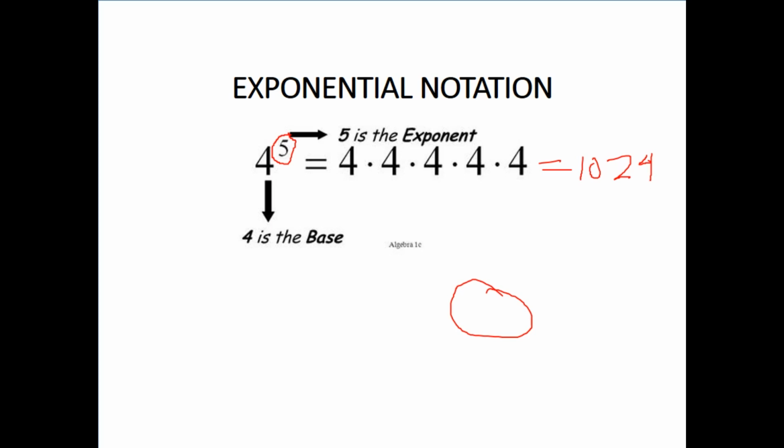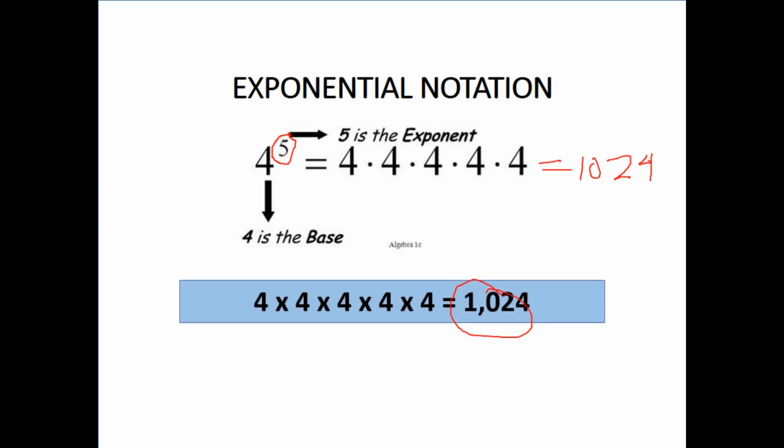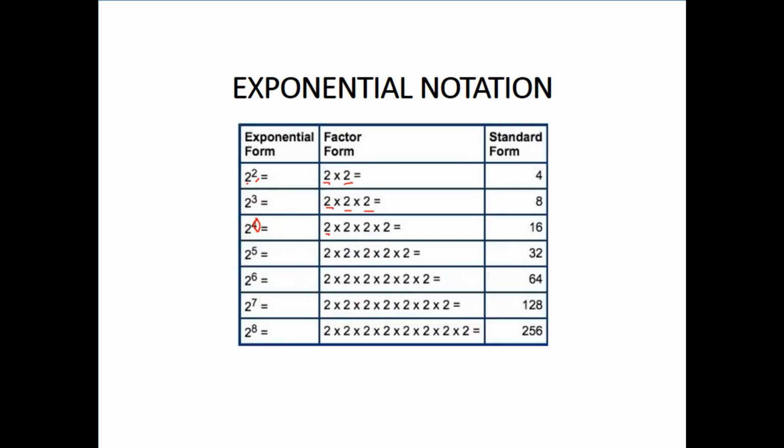We have 1024. Okay? So 1024. Muna siya answer sa ato ang exponential notation, which is 4 raised to the power of 5. So this is the answer. And then we also have this one, exponential form. We have this 2 raised to the power of 2, so we will multiply it 2 times. So 2 times 2. Okay, so muna ni siya ang akong giingon nga the superscript or the exponent